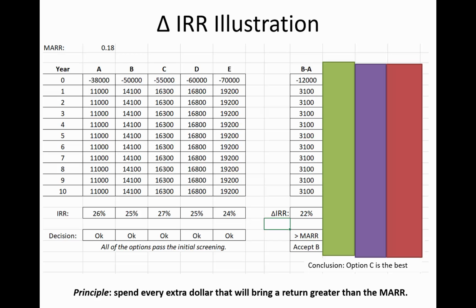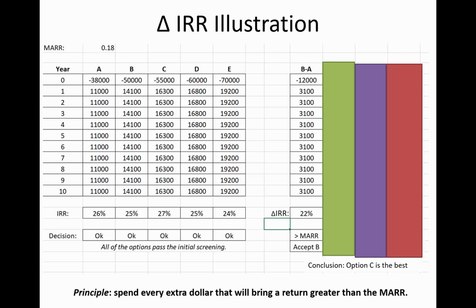And so what that means is that you could be satisfied with option A. Option A will do the job. And option B costs a little bit more. And what if you're going to have to borrow the money in order to get option B? Well, even if you give 18% to whoever you borrow the money from, you're still going to come out ahead because you're earning 22% on the increment. And so you'll be able to pay off the loan and still keep more if you go with option B